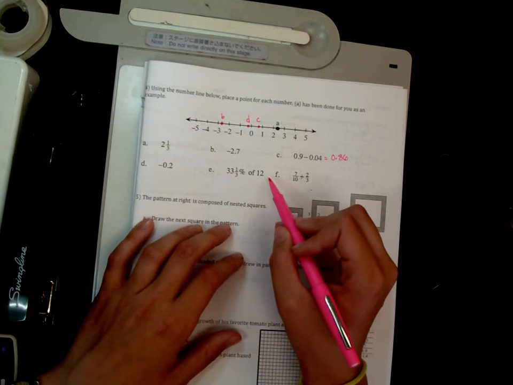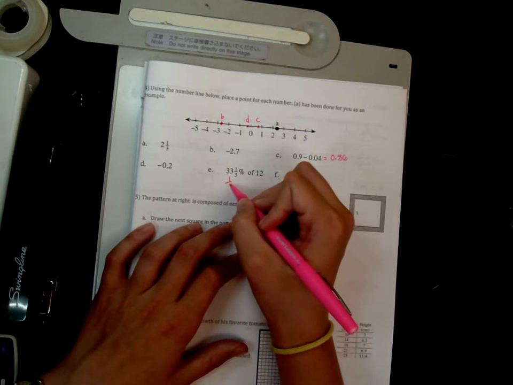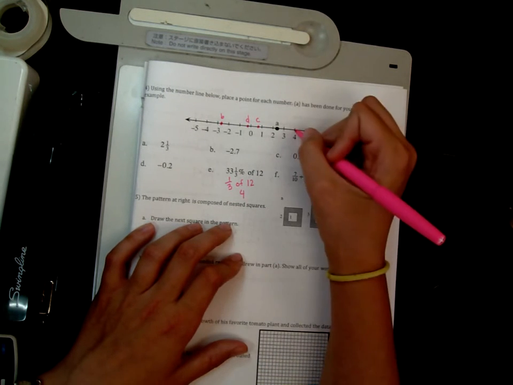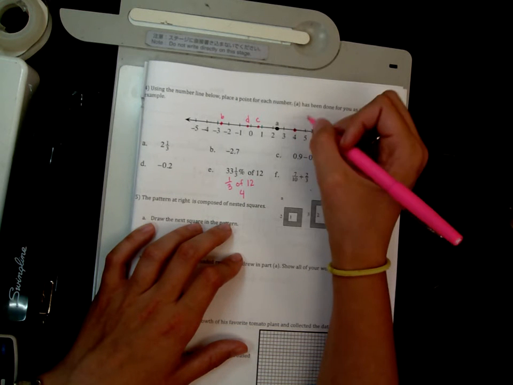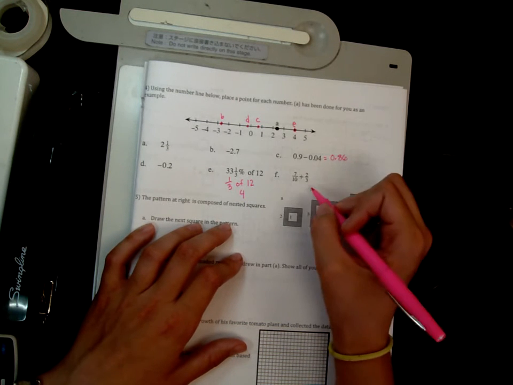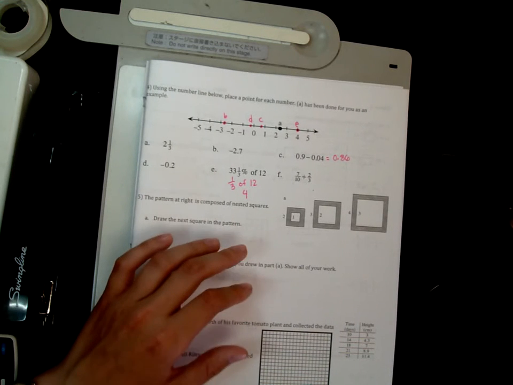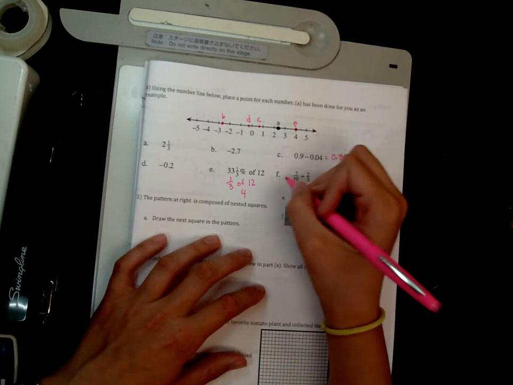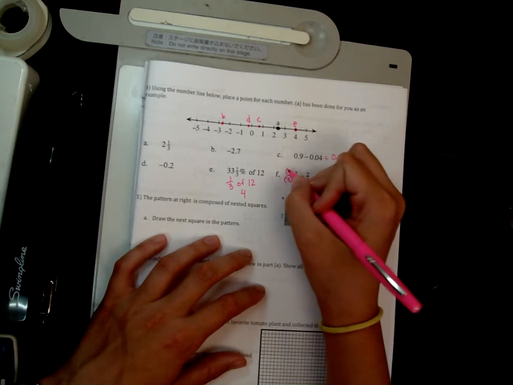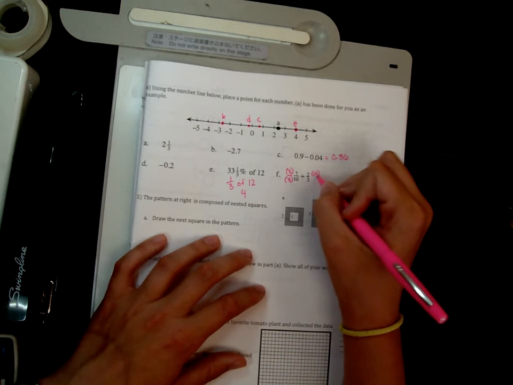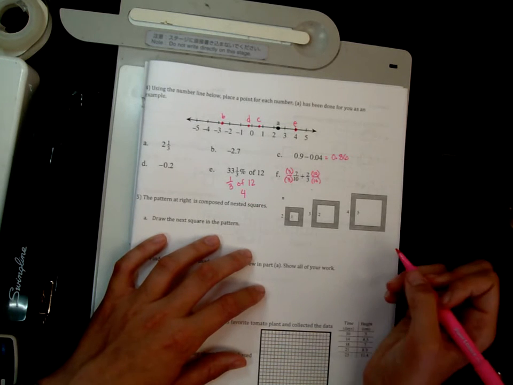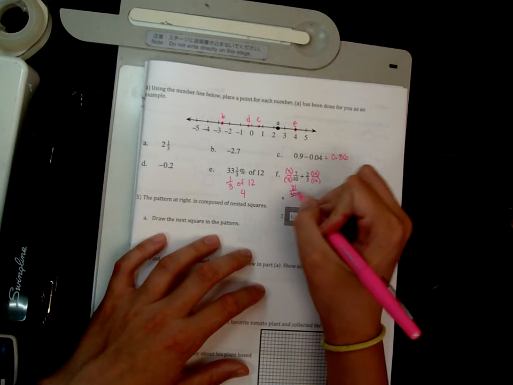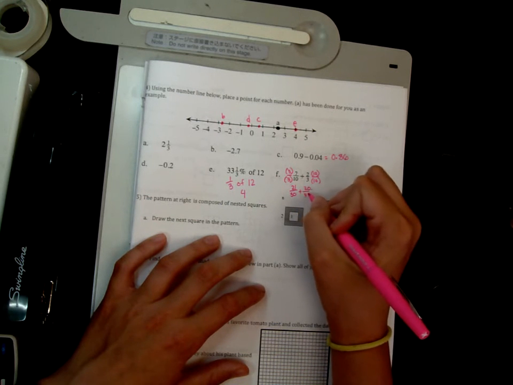33.13% of 12. So basically that's 1/3 of 12, which is 4. And then 7/10 plus 2/3. So now we need to convert those so we can add them to a common denominator. So we'll multiply this side by 3/3 and this side by 10/10. And we'll get 21/30 plus 20/30 equals